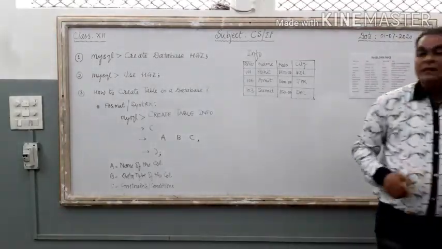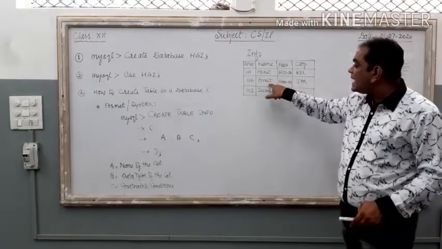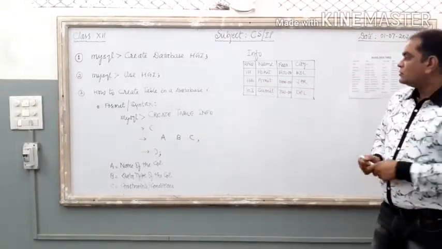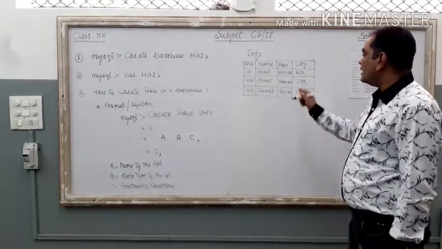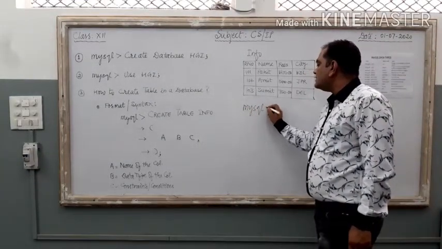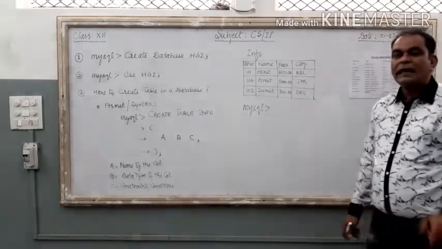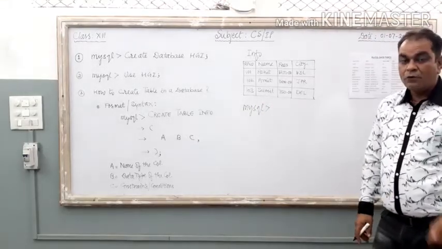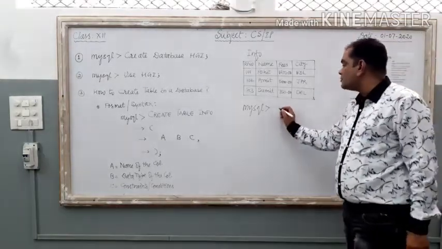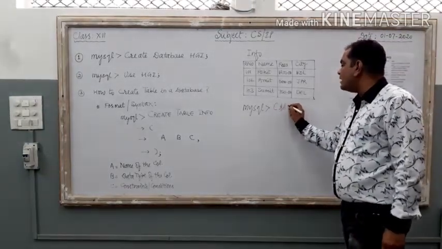Practical section means how we can create the same table in MySQL. What is the command for that, right? So here we are going to start the table creation. For table creation, you can see the MySQL prompt. It is there on your monitor, right? You need not write it. It is already there. In front of this MySQL prompt, just write the table creation command.